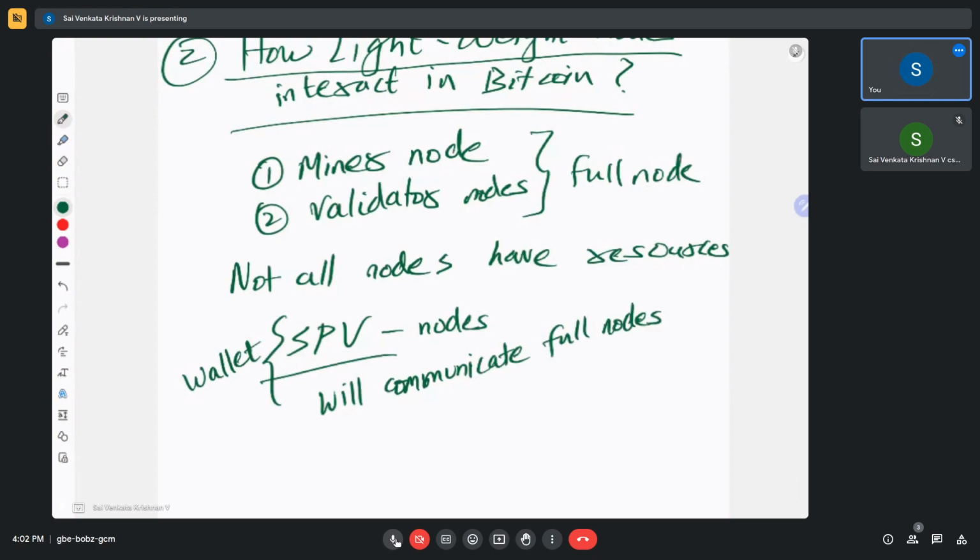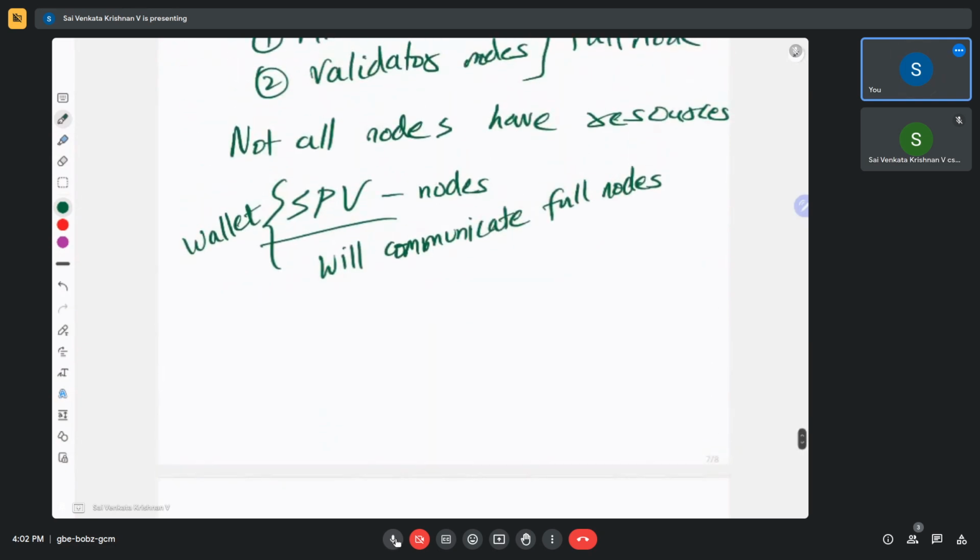with the full nodes. Say Akshay has a lightweight node and the wallet software, and the wallet software has to find out whether a transaction that was created, signed and sent to the miner or validator nodes is successful and included in the blockchain. It should communicate with those miner or validator nodes. And how the communication goes about is